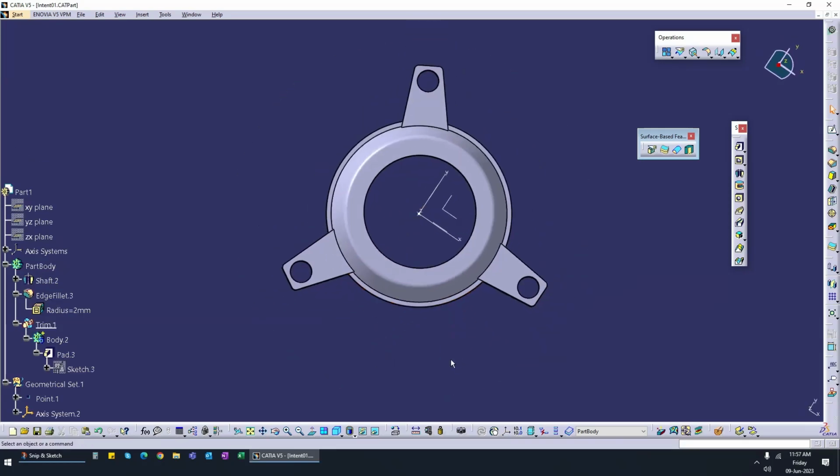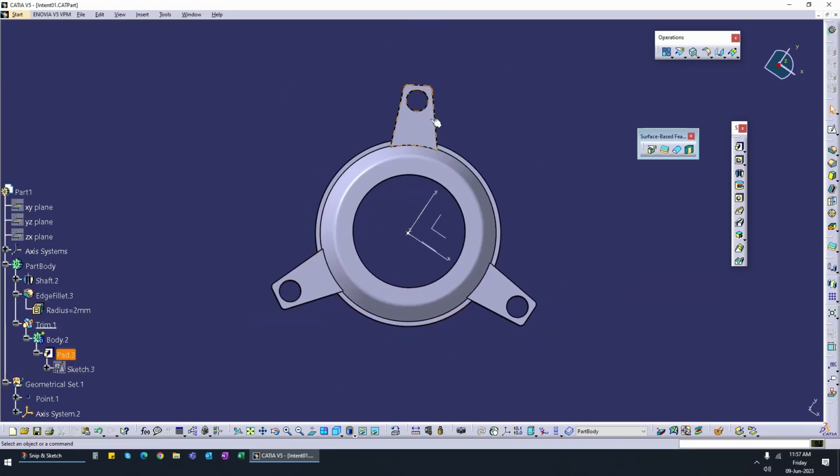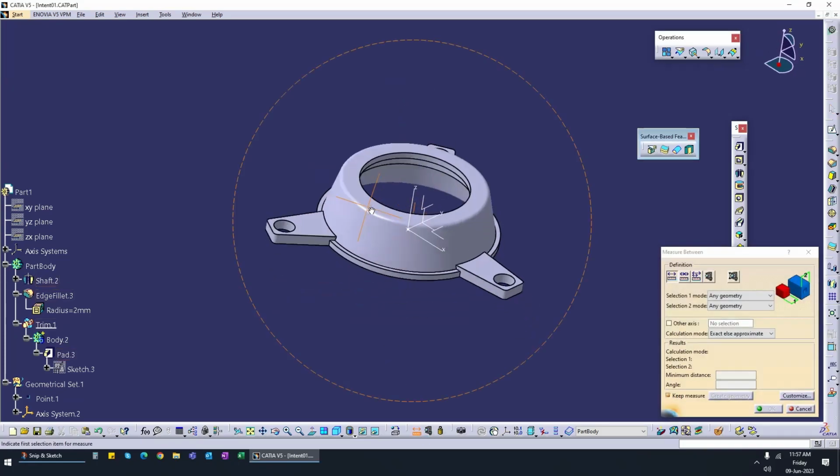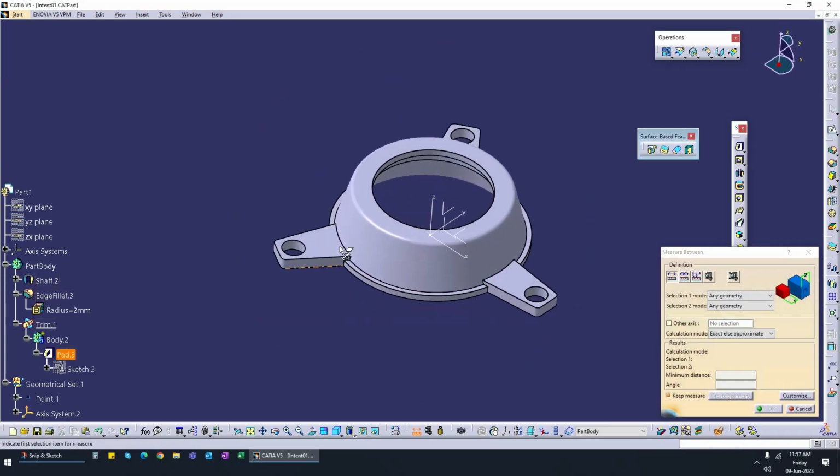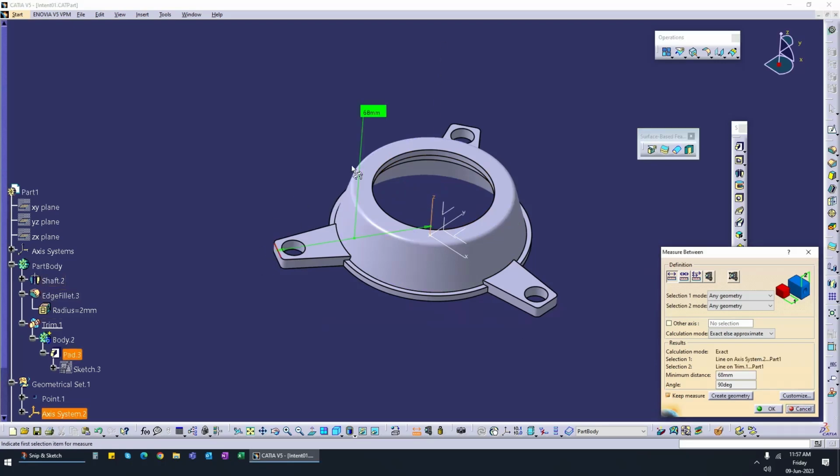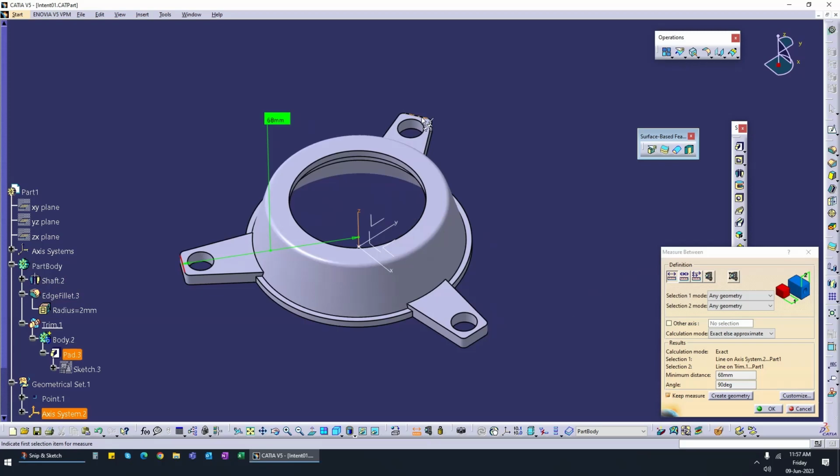What if we want to change the length of these tabs? So we can measure and check what the length of these tabs is as of now. We select the z-axis and we select the edge of the tab. It is 68. Again we check it. It is 68. And for the third one also,